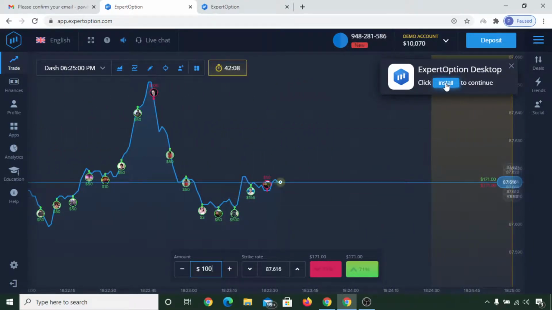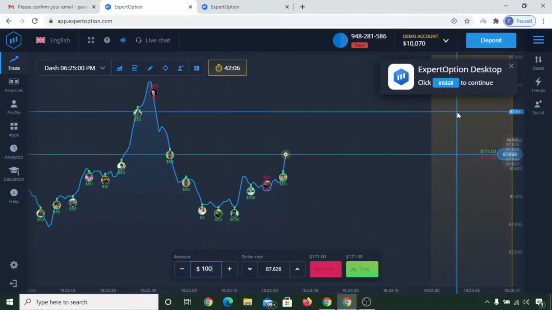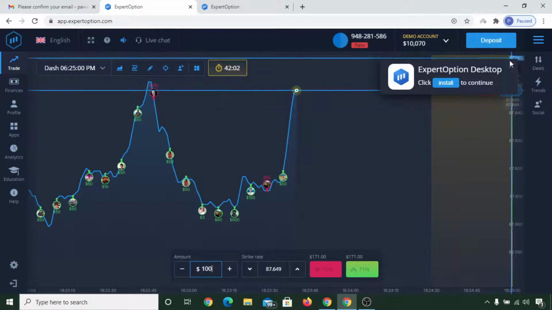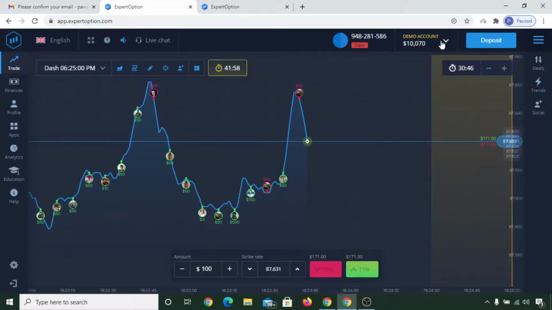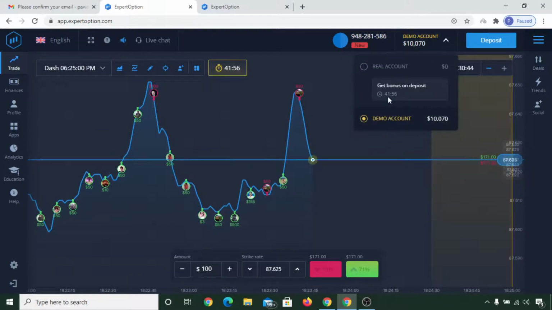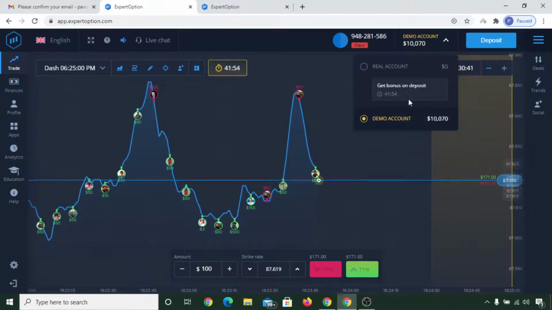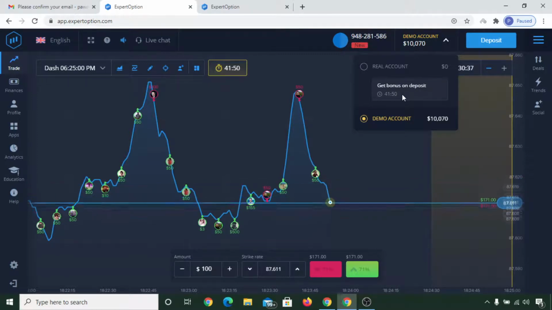You can click on here and install the Expert Option app on your desktop. They have an app that you can install. Now another thing is, you can see here 41 minutes 55 seconds. This is the time within which you can get up to a 100%